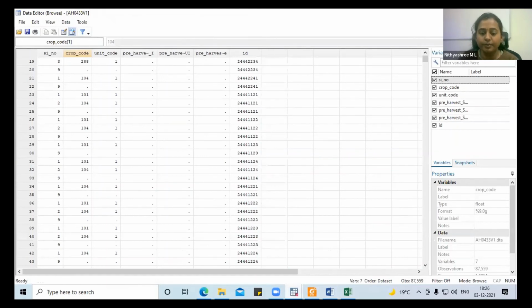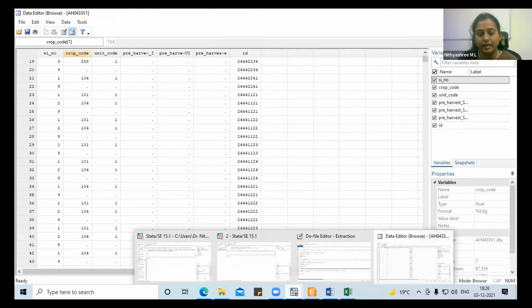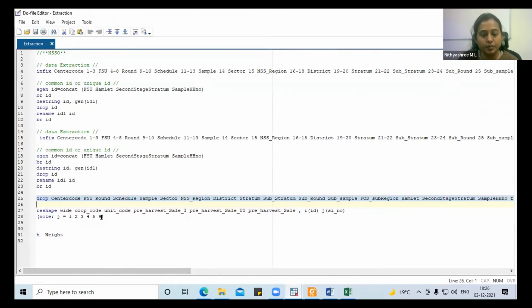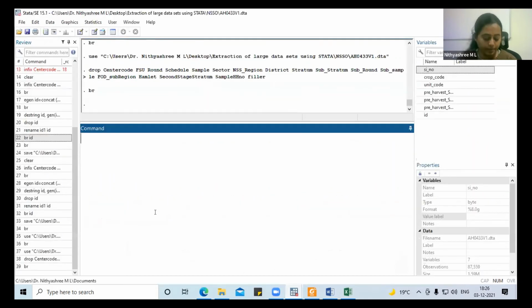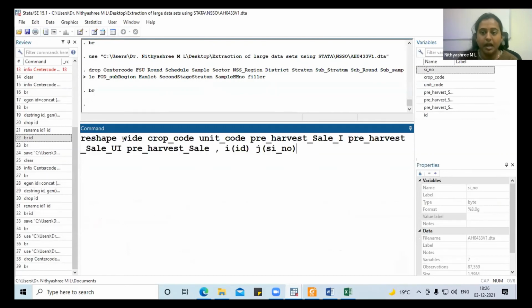So what I'm going to do is create the other file which is in wide format. For that, we will be using the command reshape. In Stata, you use the command reshape, and you write down all the variable names here. If you keep the cursor here and select, everything will be selected. But what is your J variable?